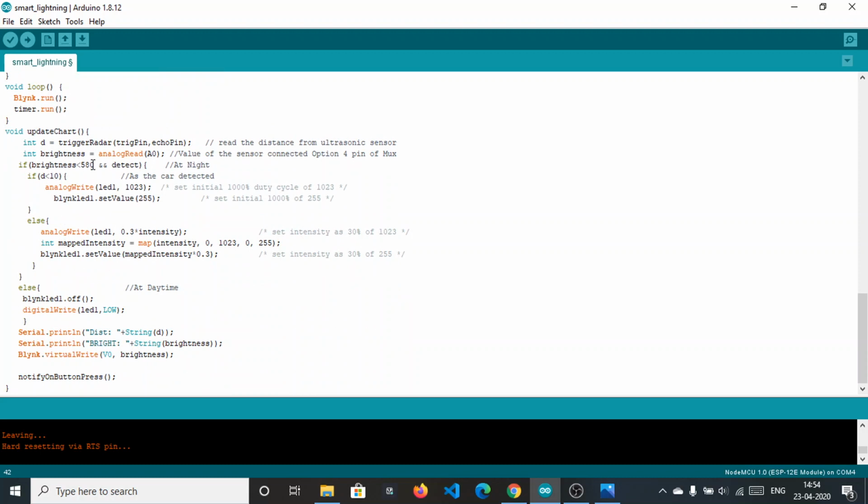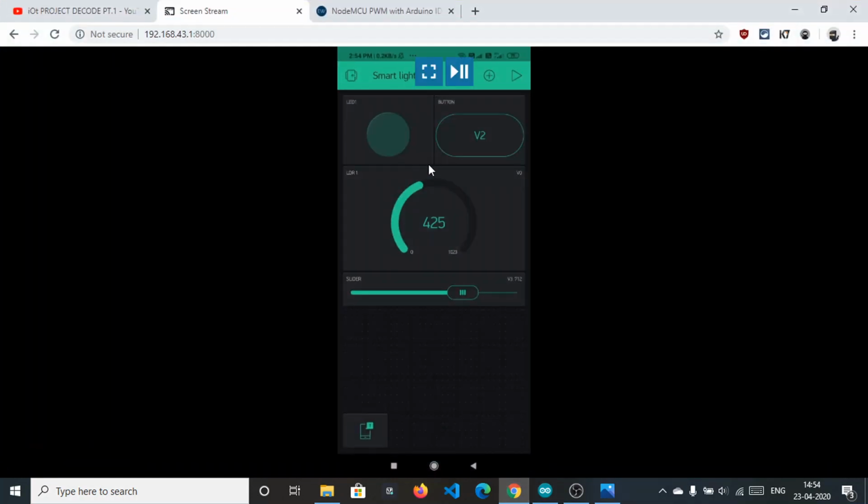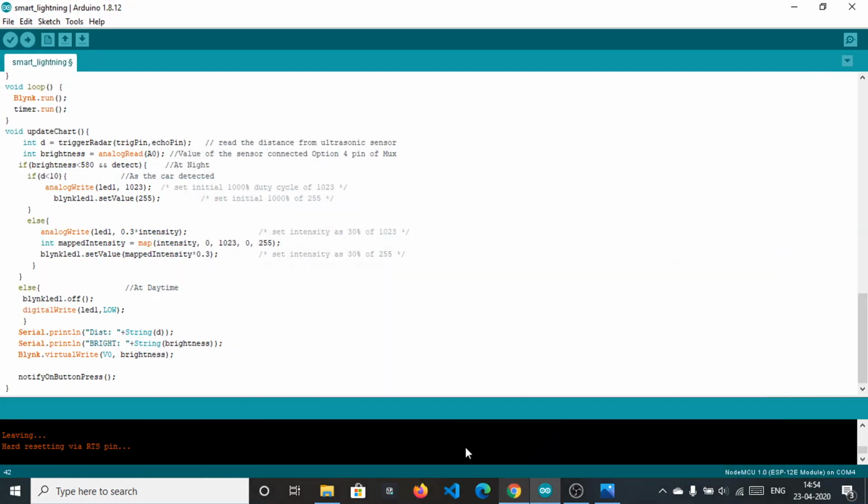And this false is used in the timer, this update chart. In this update chart, as you can see here, brightness and detect, that is, if the brightness is less than 580, it's night condition. It is not daytime, it's night. And detect is also true, that is, the button is not pressed.